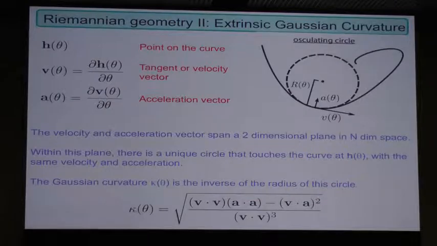The next one is curvature. So what is the curvature of a curve? If you have a curve, there are 2 special vectors at any point: the velocity vector, which is a tangent vector of the curve, and the acceleration vector. These two vectors give you a 2-dimensional plane. Within that plane, there's a unique circle of some radius that has the same velocity and acceleration as the curve. That's called the osculating circle. The 1 over the radius of that circle is the extrinsic curvature of that curve. So this is an order parameter that doesn't depend on coordinate systems. It's invariant with respect to coordinate systems. And this is an explicit formula for this extrinsic curvature measure.